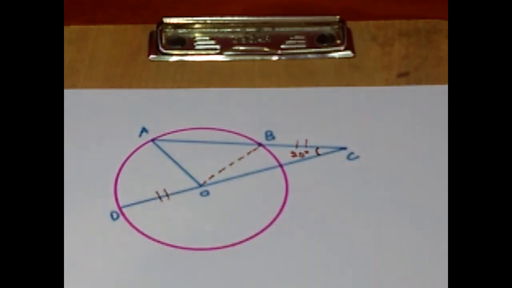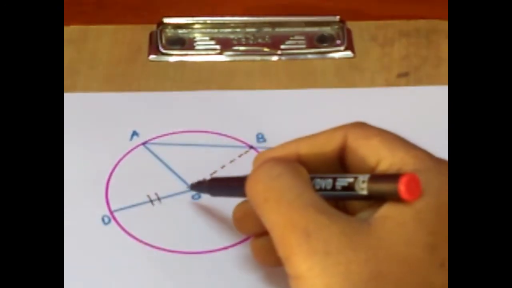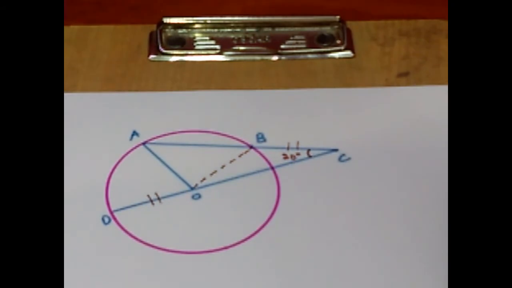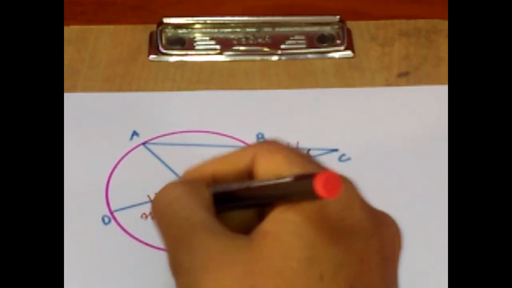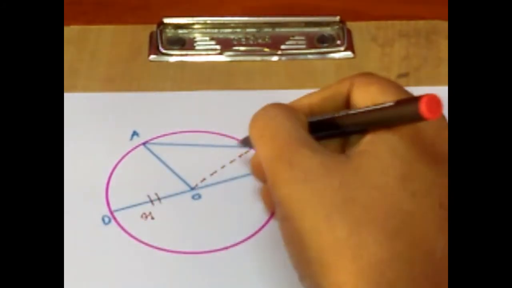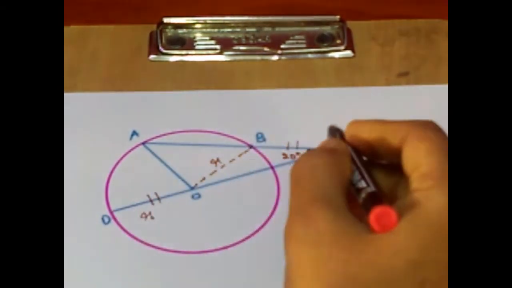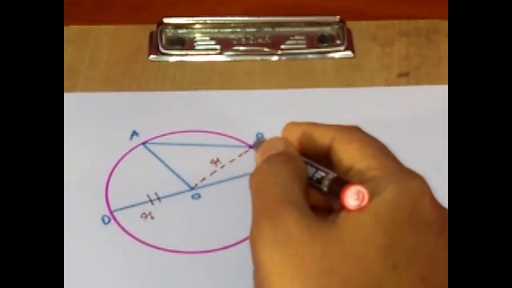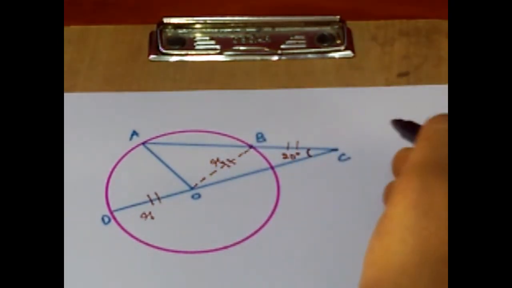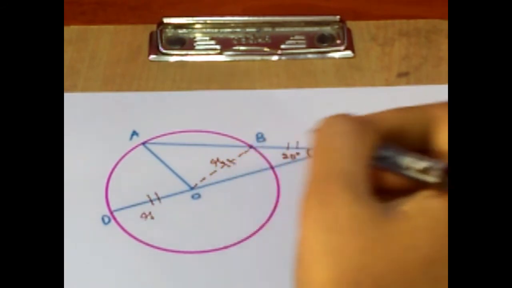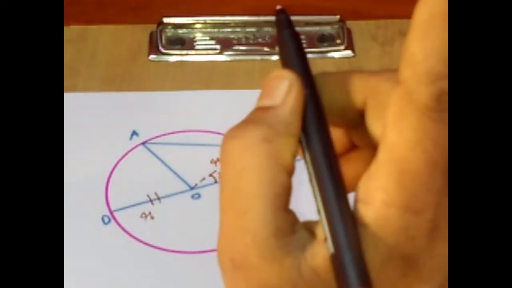I hope the diagram is visible to you, children. It is given that BC is equal to OD. So let me join the line OB for the calculation purpose. If you just observe, is OD a radius? Of course. As OD is a radius, OB is also a radius. So the first statement is OD is equal to BC, OD is equal to OB. Now what happened? I can say that OB is equal to BC. Hence, the measure of angle BOC will be equal to 20 degree. This is point number 1.